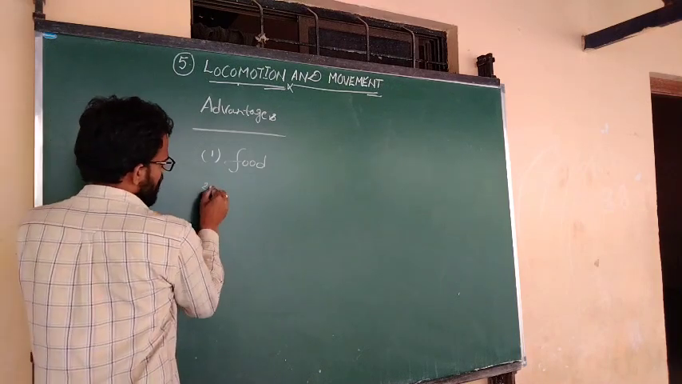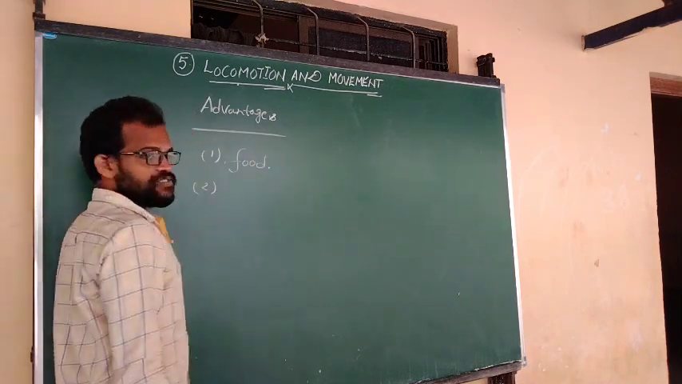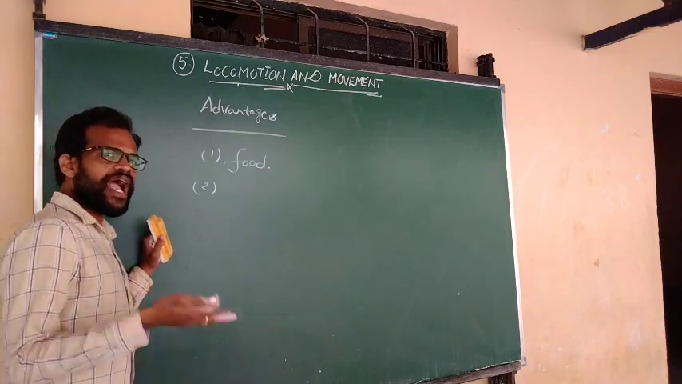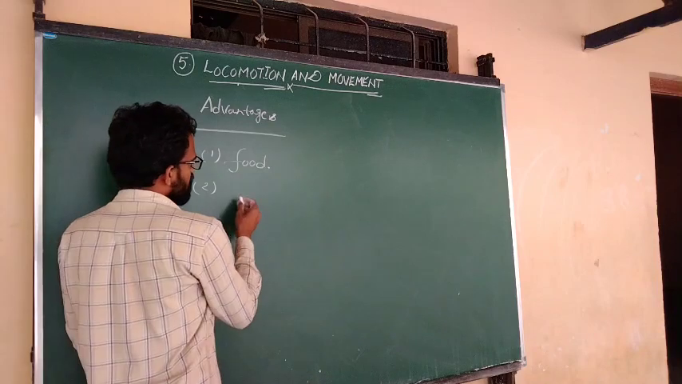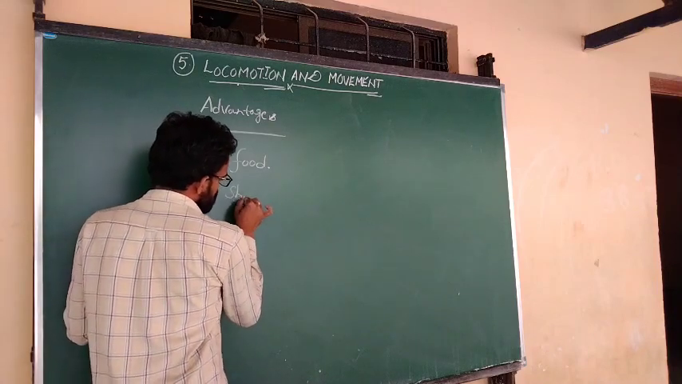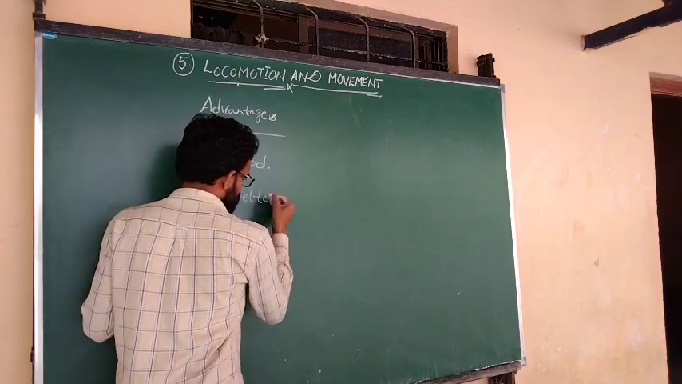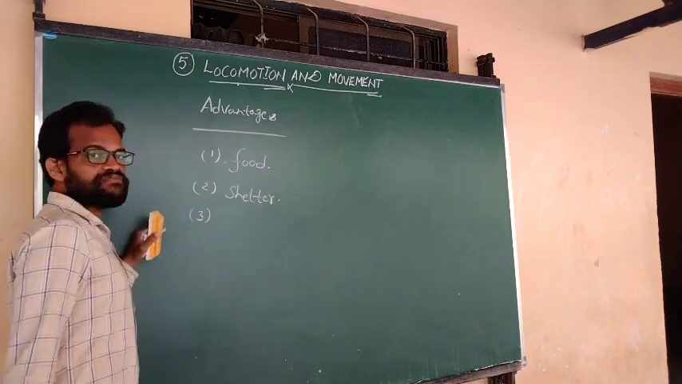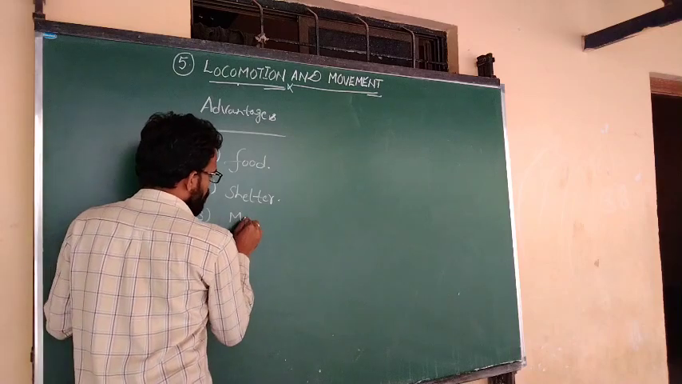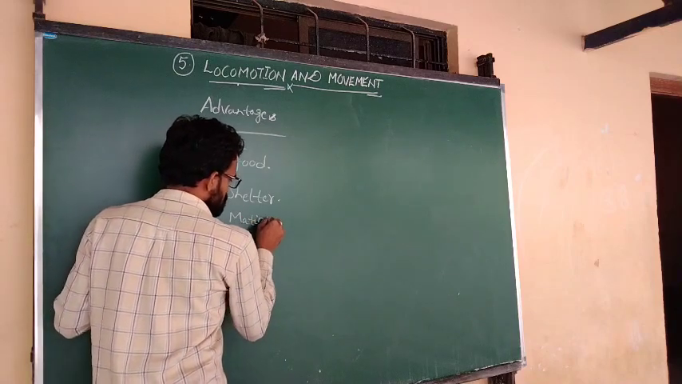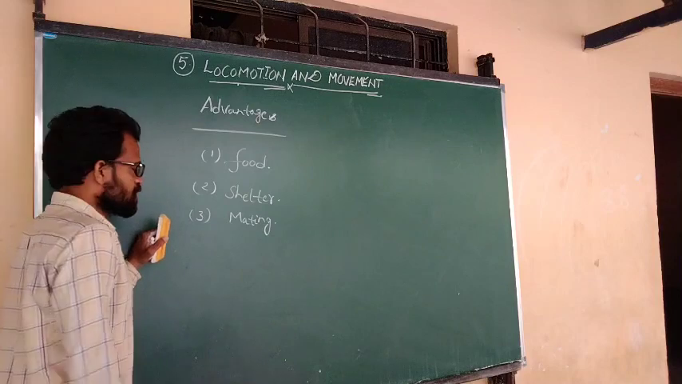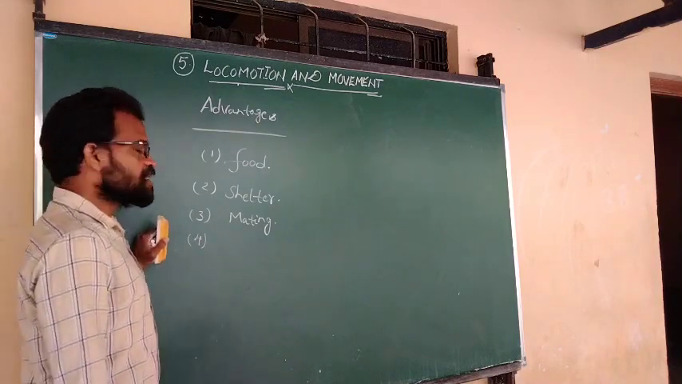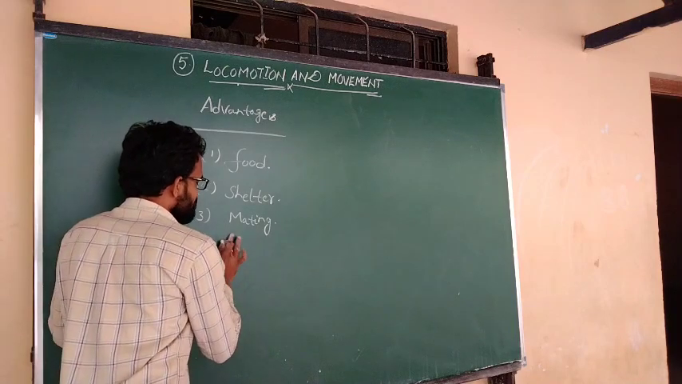Okay. The second advantage for these organisms. What is the second advantage, even for unicellular or multicellular organisms? The second advantage is shelter. The third advantage is the mating process. And the fourth advantage is to escape from the enemies,